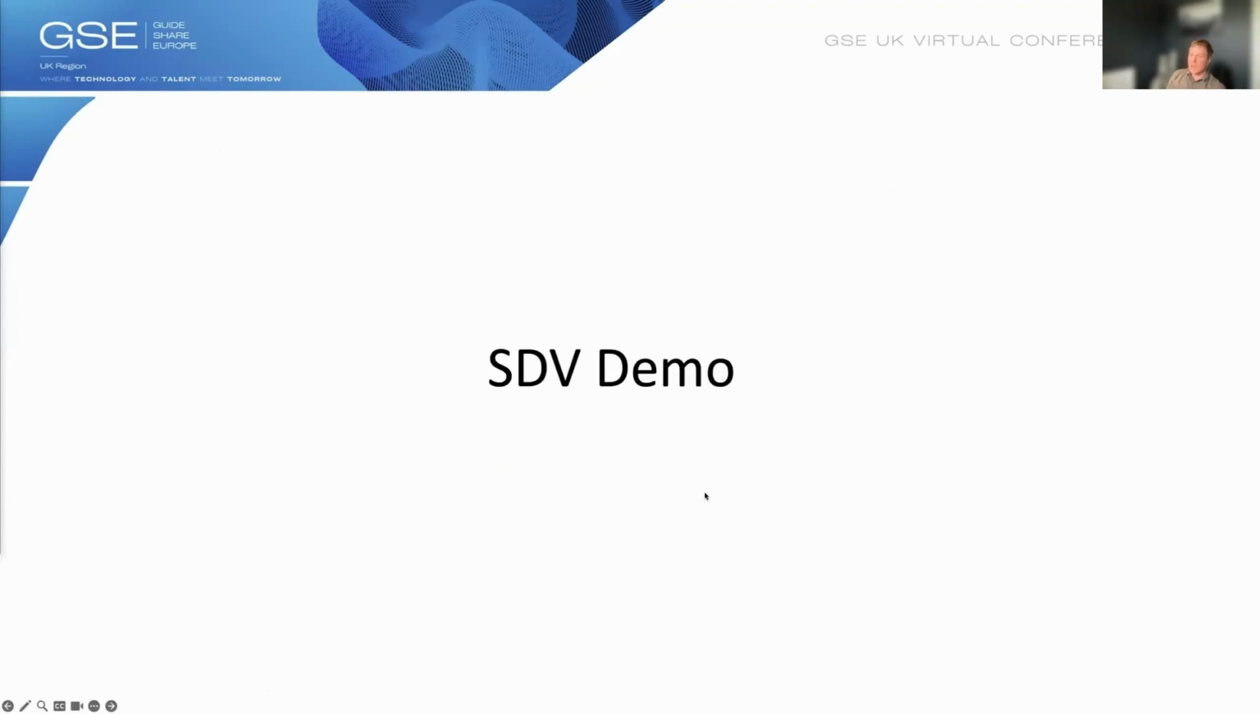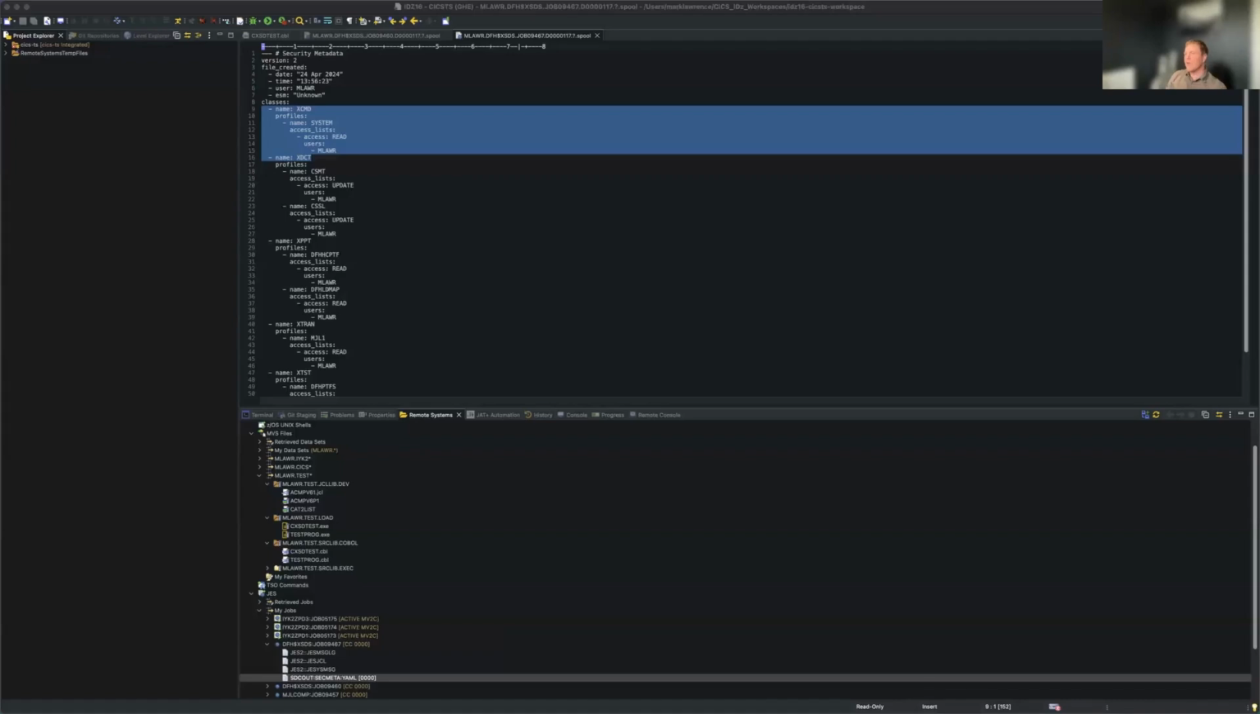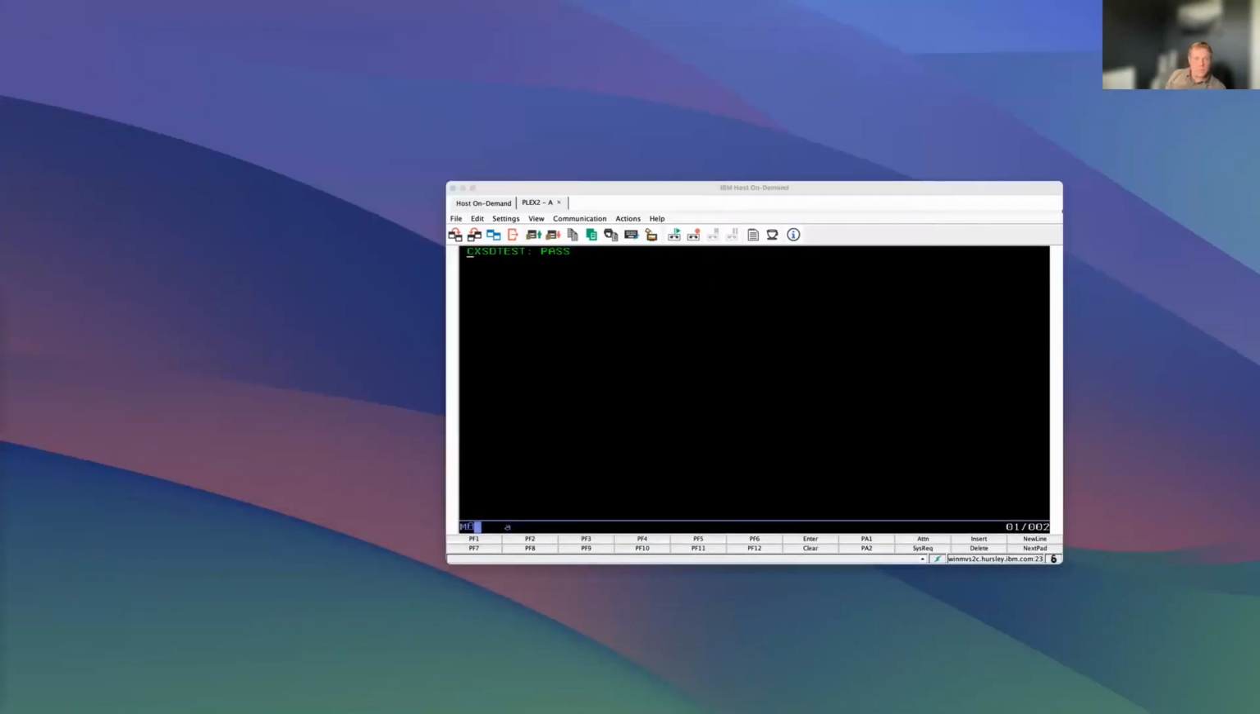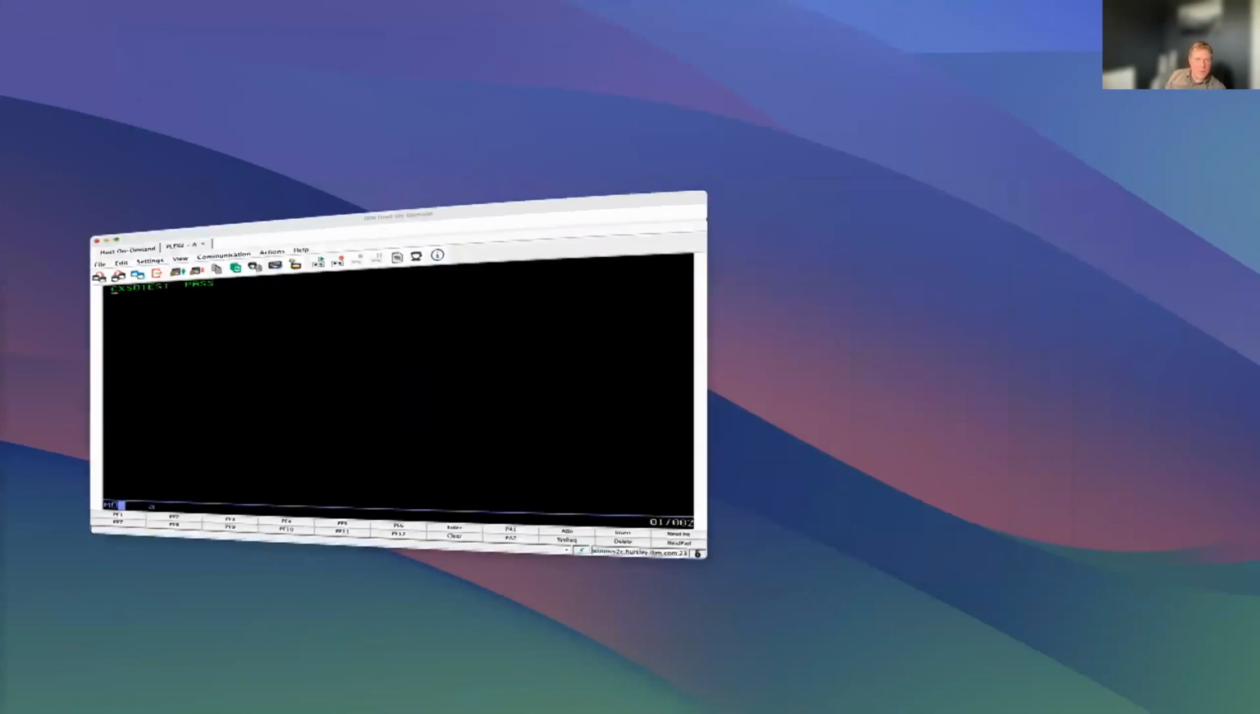So I'm going to demo this now. So strap yourselves in. Hopefully it will work. If it doesn't, I've got a backup video, but I don't want to use that. Minimize this, minimize that. So